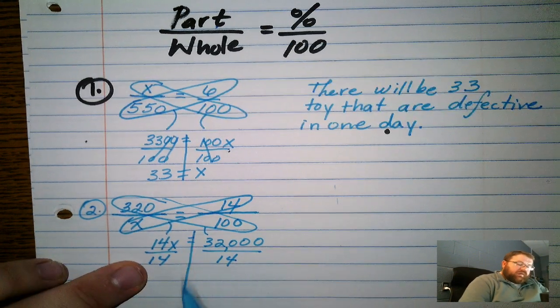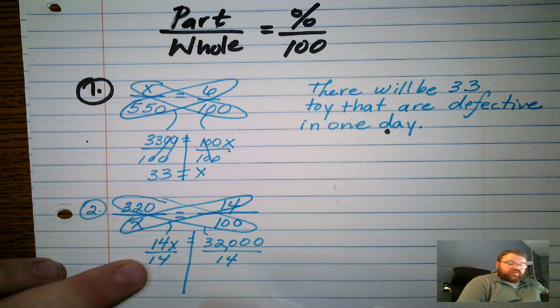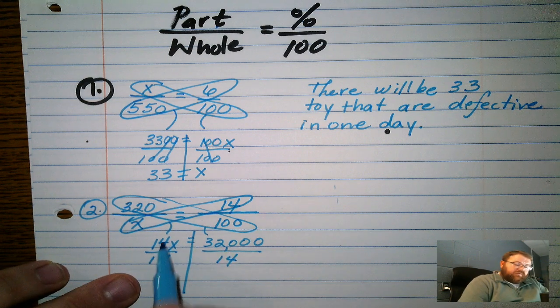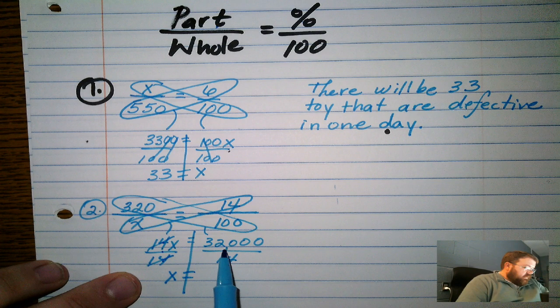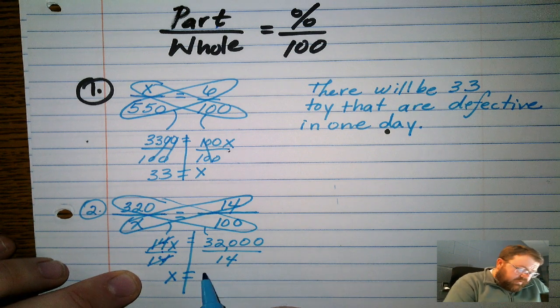I do that because the 14 is trying to multiply your variable x, and your job with this one-step equation is to get x by itself. So 14 divided by 14 is 1. The way we show 1x is x equals 32,000 divided by 14 is